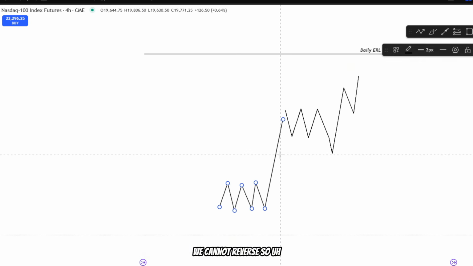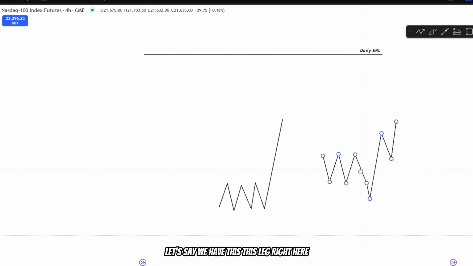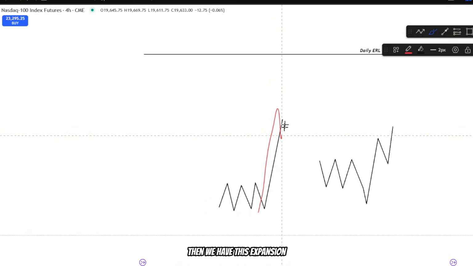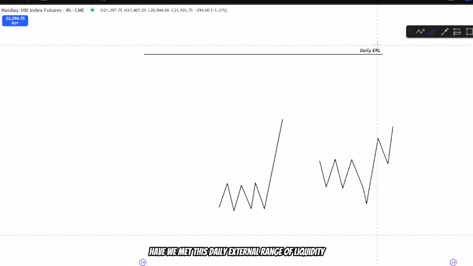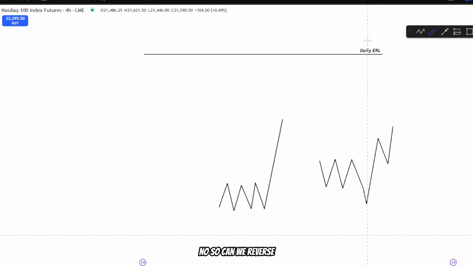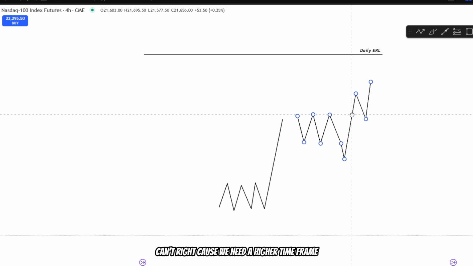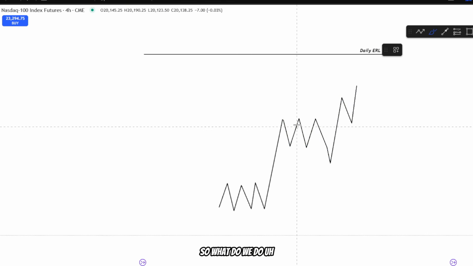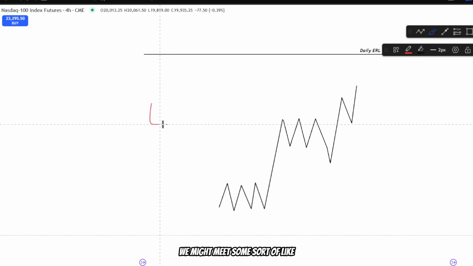So let's say we have this leg right here. We have this accumulation, then we have this expansion. Have we met this daily external range of liquidity? No. So can we reverse? No, we can't, because we need a higher time frame PD array in order to reverse. So what do we do until then? After this, we might meet some sort of